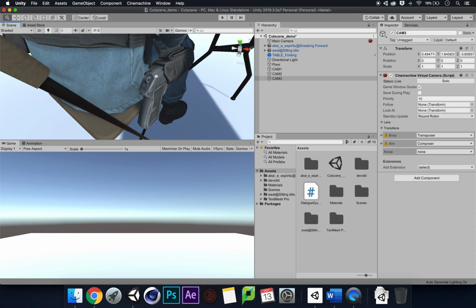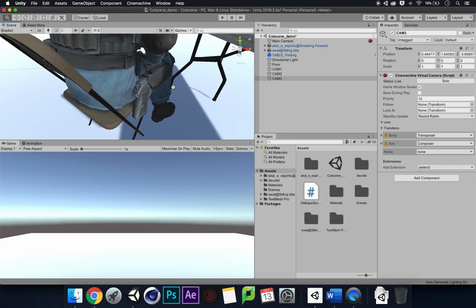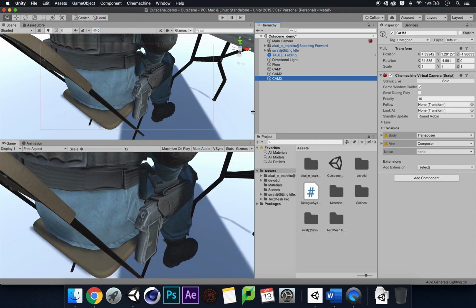Okay, again, really happy with the shot. I actually might just quickly zoom out and then zoom in the shot in a bit when we get to that part of the tutorial. So now I've done that, again, camera 3, game object, align with view. Fantastic. Now we've done that, we've renamed our cameras, we've got all those shots, we can solo them if we want. We now need to put these shots into an order of a timeline, get this sequence going. So what we can do